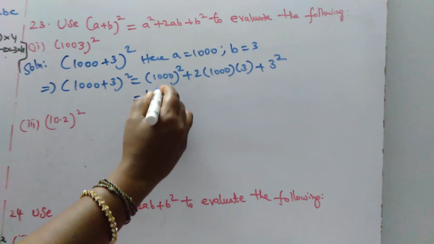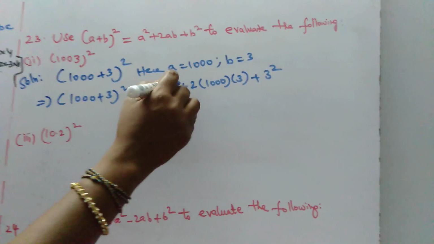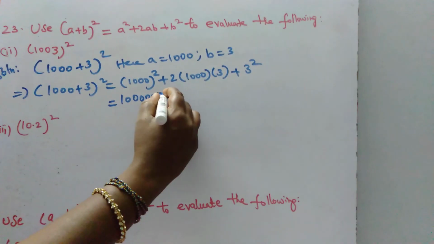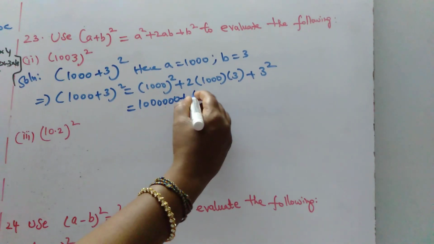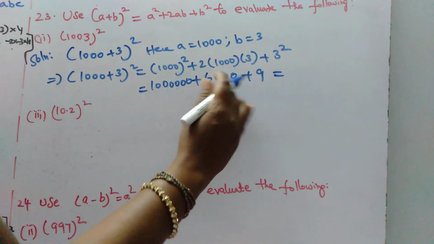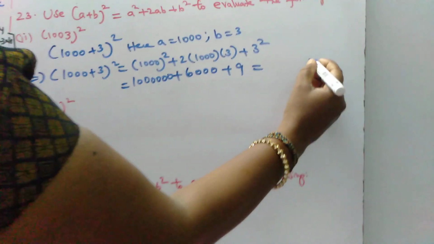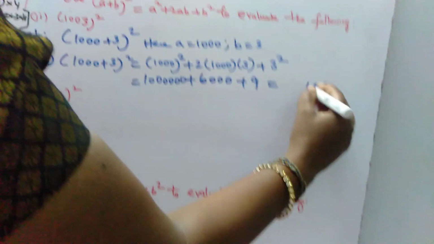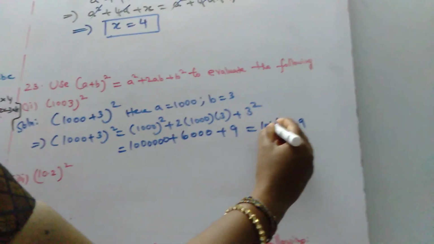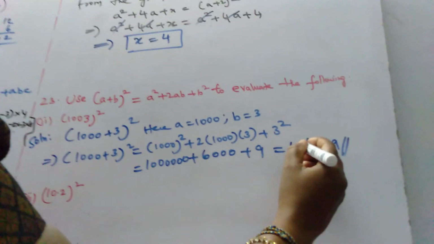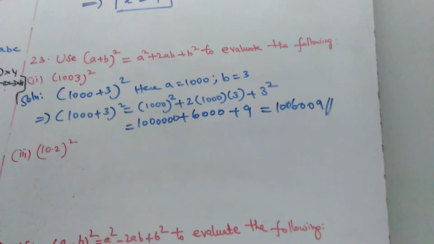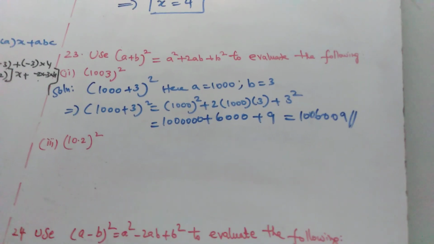So which is equal to, if square means 1 0, you want to put 2 zeros. So 3 zeros means totally 6. 3, 4, 5, 6. Then 2 3s are 6, 6 into 1000, 6000. 10 plus 3 square is 9. So from the last if you write, it will be easy for us to calculate. So 6009 you write it, then remaining after the 4 digits, 1, 2, 3, 4 digits, write it. So 100. So it is a very easy way of calculation, right? Okay. This is the solution of this 1003 the whole square.